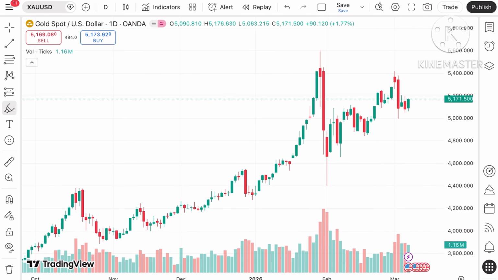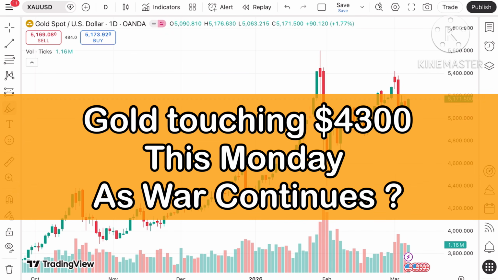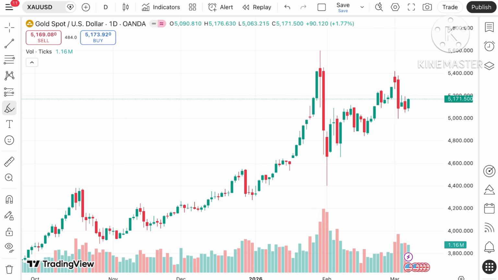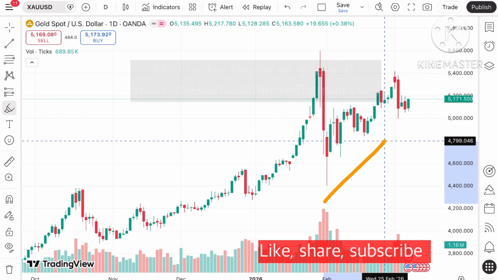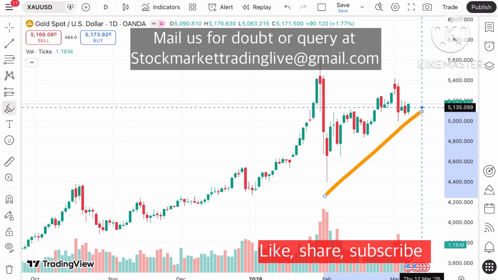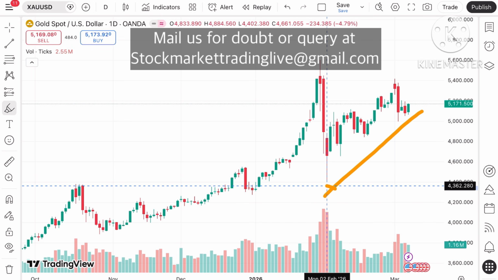Look at the chart of gold, what we have seen. Gold is trading around $5171.5. If you look at this particular trend, you can see that the price is trying to go higher. Okay, but we have seen the price after making a low of around